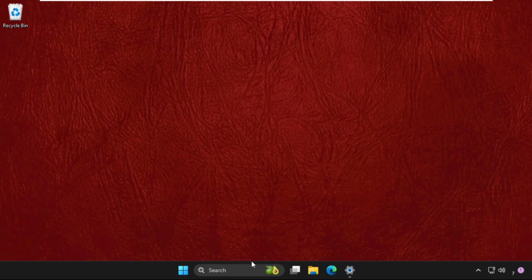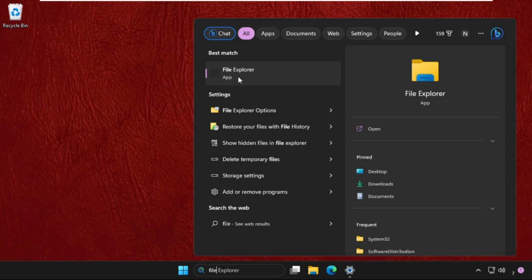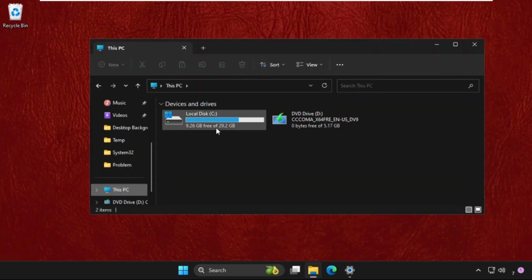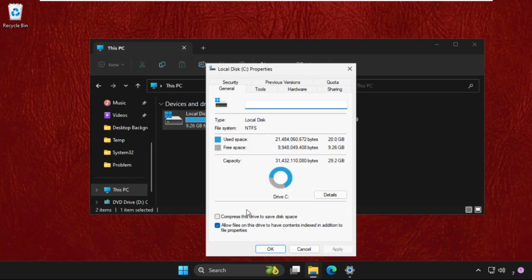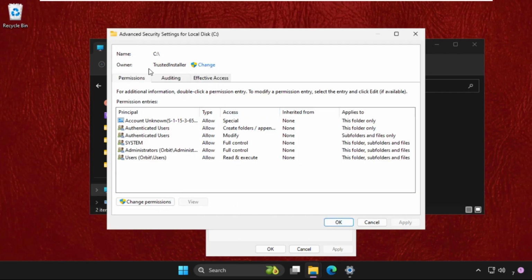Now we need to open File Explorer again. Not bad, I just closed it. So here it is. So go to This PC, right click on C drive and open its Properties. Then go to Security tab and then click on Advanced option. Now click on Change